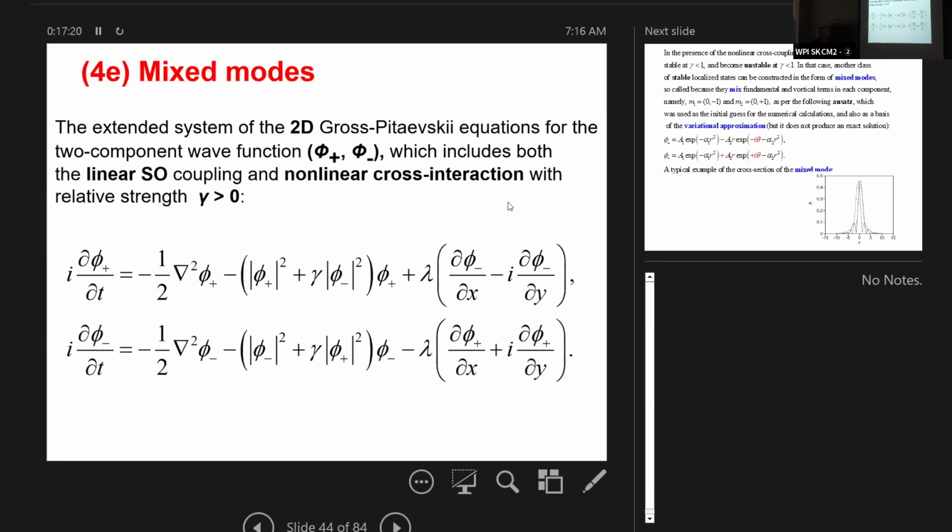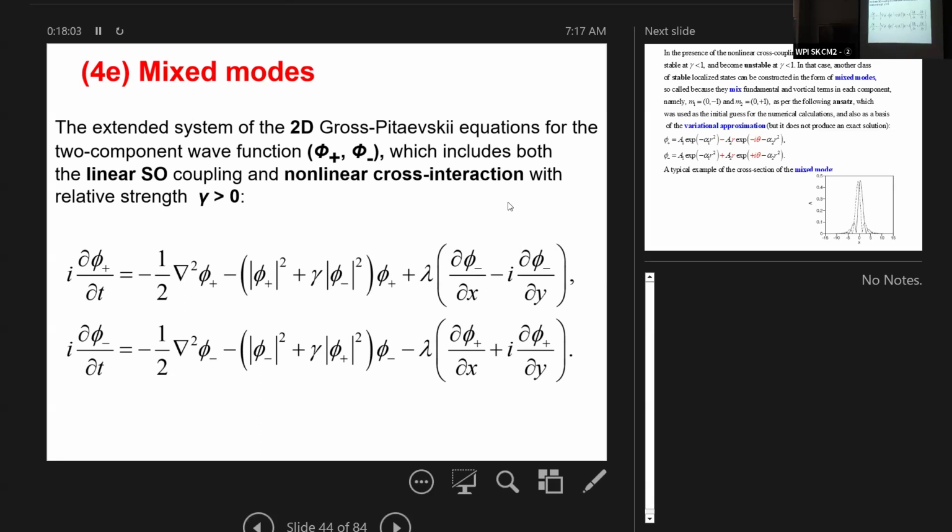Okay, now there is another possibility. Let us look again at the system of coupled Gross-Pitaevskii equations with exactly the same spin-orbit coupling as before, but now we can introduce this additional nonlinearity with coefficient gamma, which has a very simple meaning. When atoms collide, also atoms which belong to two different components collide between themselves. Previously, in the previous model, we simply ignored this term. Now we can take it into account, and then we will have the additional coefficient of the nonlinear cross interaction with some positive gamma. And then we can analyze the effect of gamma on the semi-vortices, and the result will be that as long as gamma is smaller than 1, we have essentially the same type of the semi-vortex,